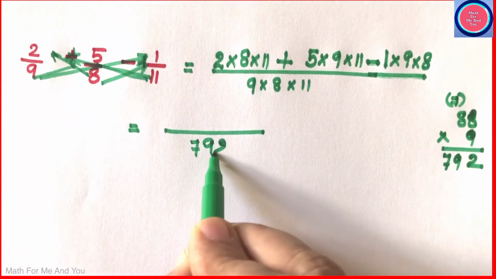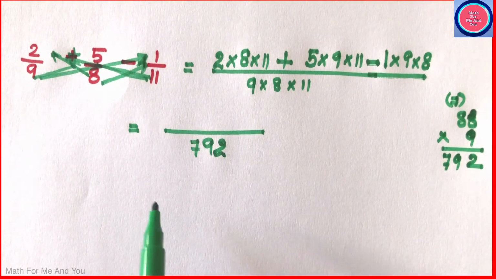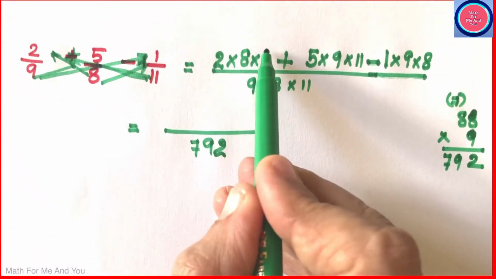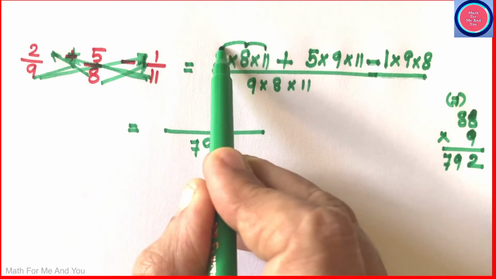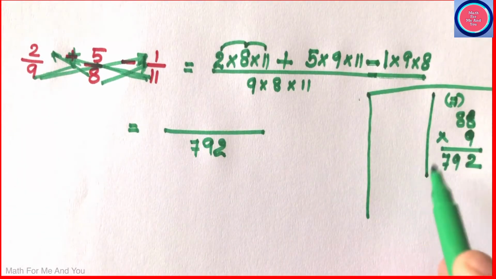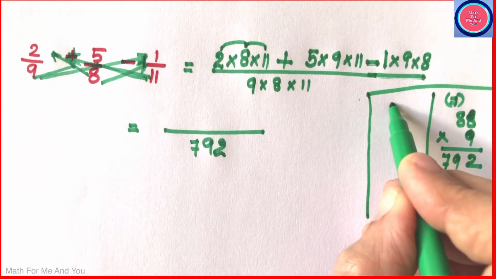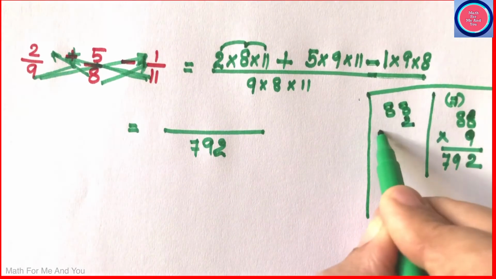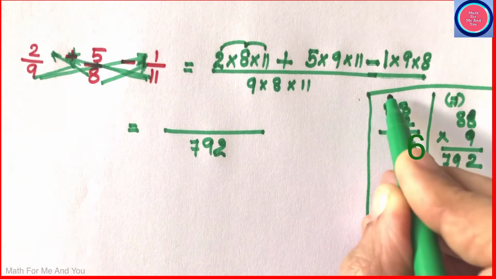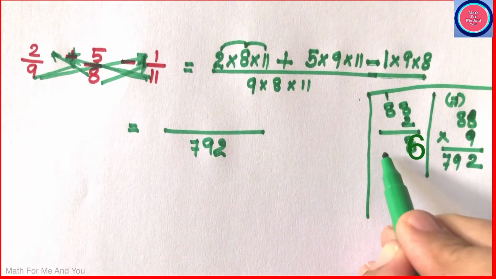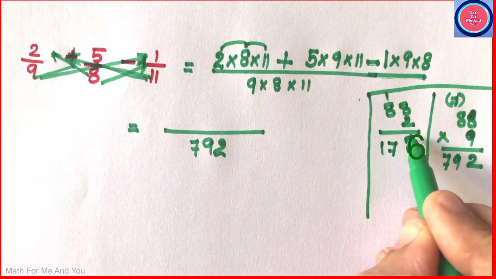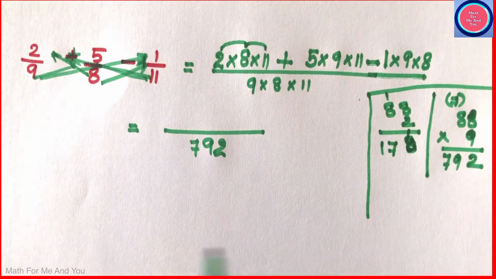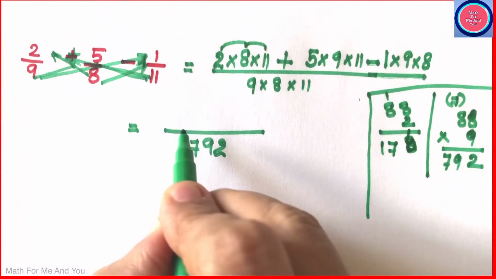Now we can simplify the numerator. 2 times 8 times 11. 11 times 8, 88 times 2. If you want, you can write separately and multiply. 88 times 2. 2, 8, 16. Then 1. 2, 8, 16 plus 1, 17. 176. Plus